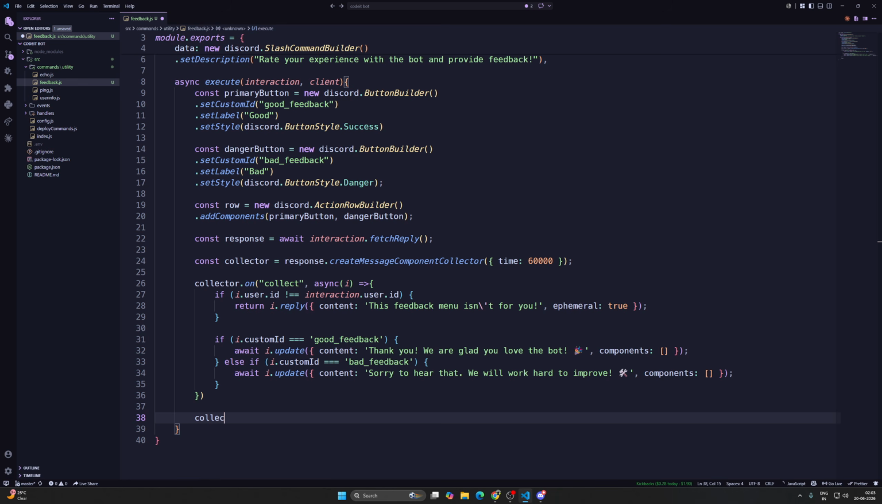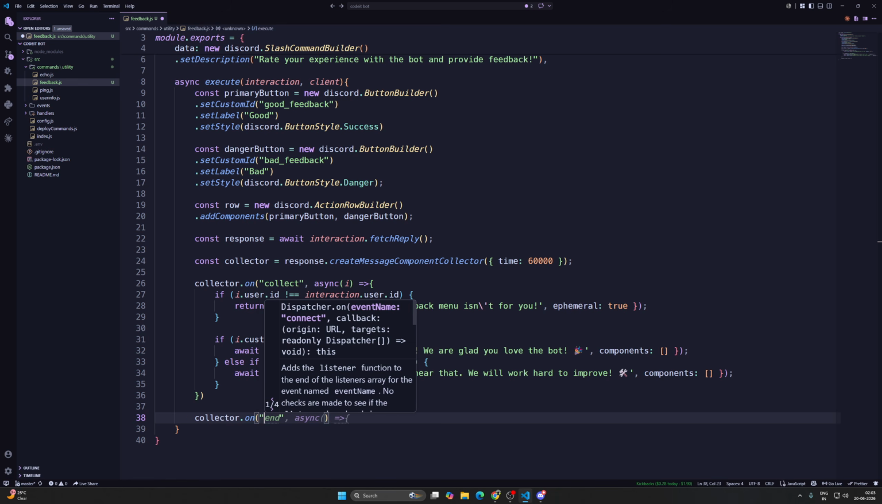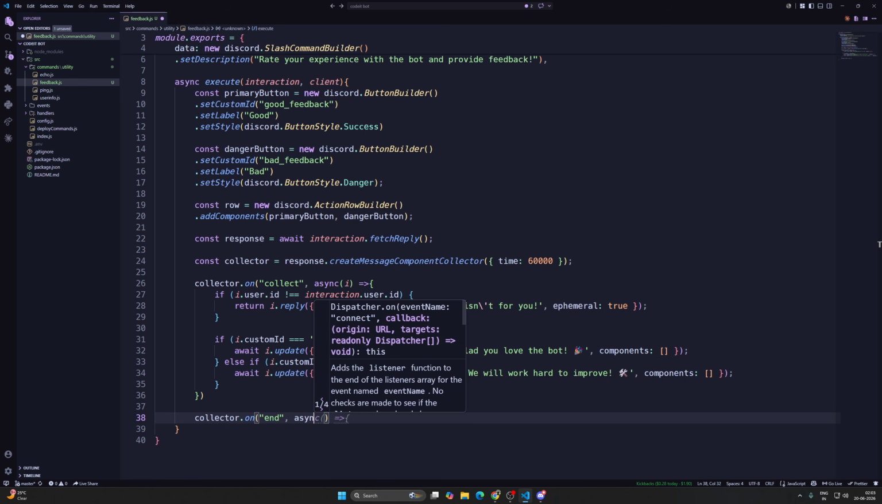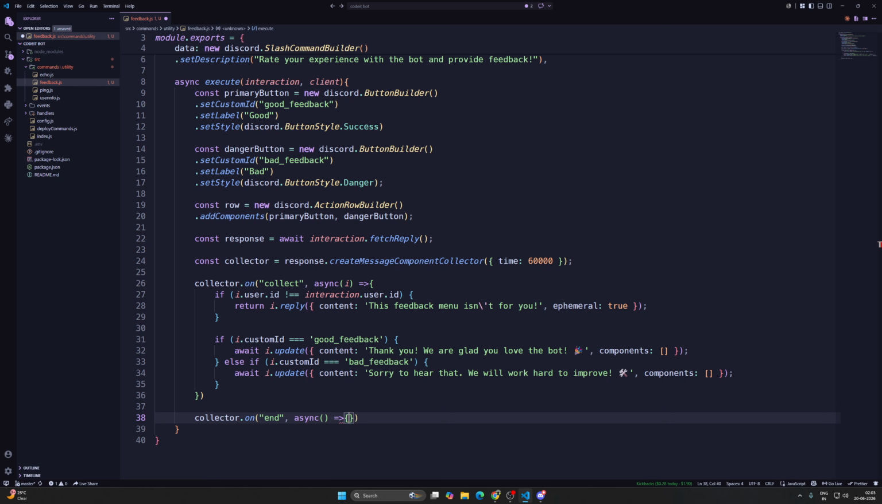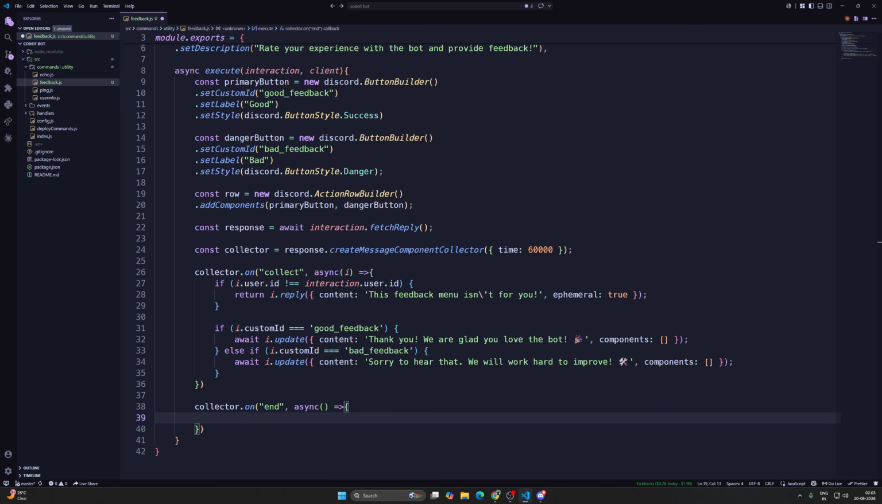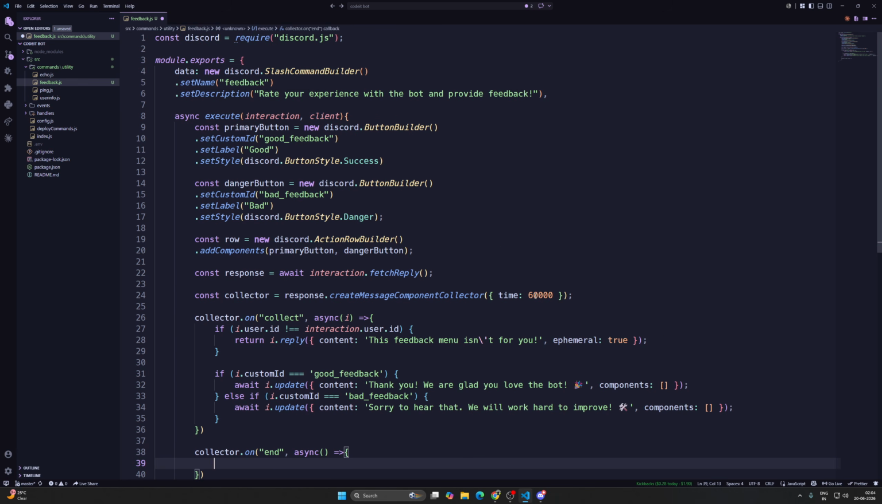So collector.on end, and again async, just an empty arrow function, and then we will clean up or disable those buttons when the time expires. So once the 60-second collector time expires, those buttons should be disabled. Right now we will not keep it 60 seconds, we will keep it 30 seconds,